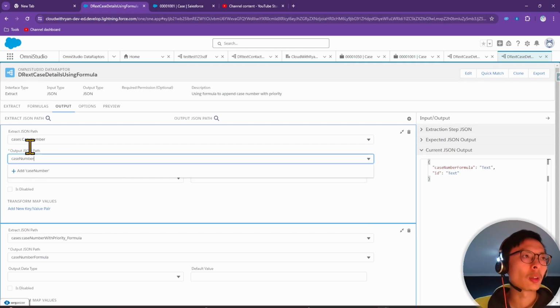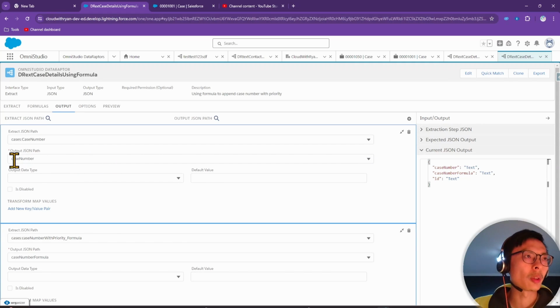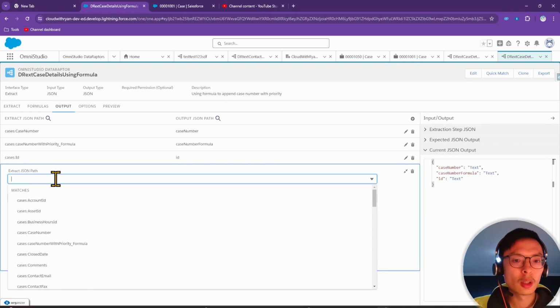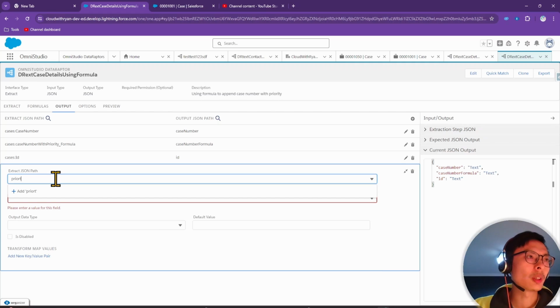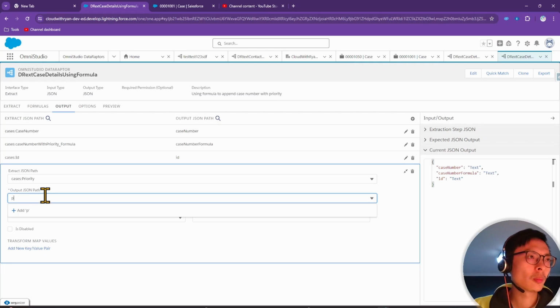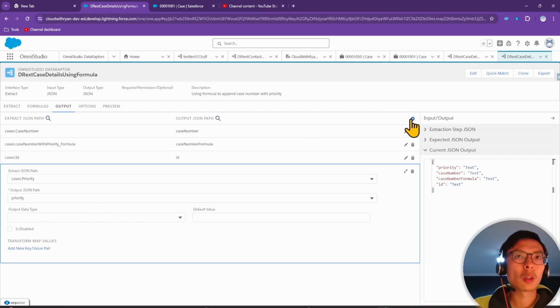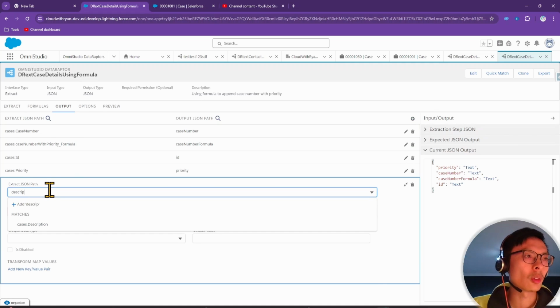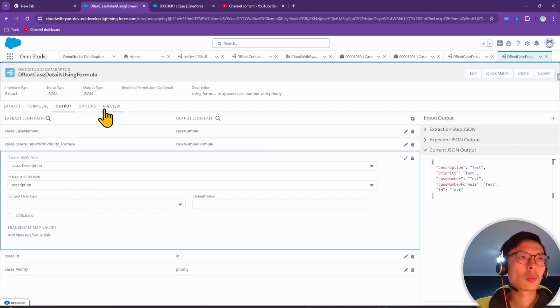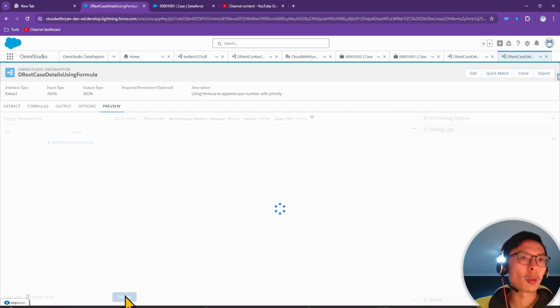Case number, notice how it's in lowercase, so we know the difference between the actual object and the node. Next up is priority. And last one is description. So if I go in preview,